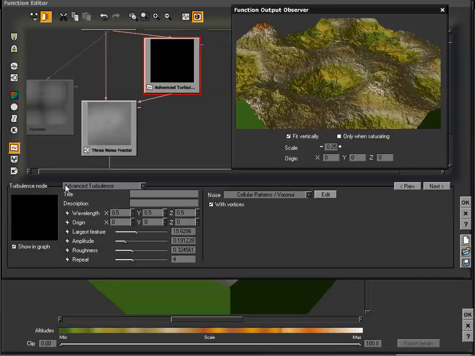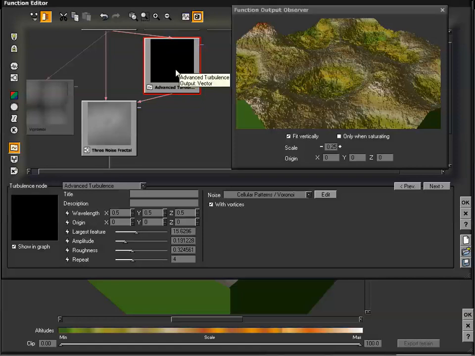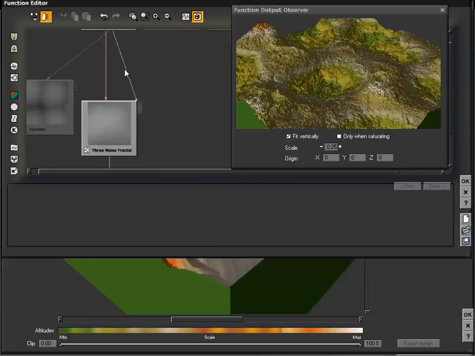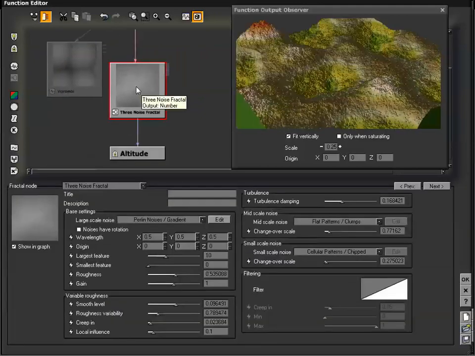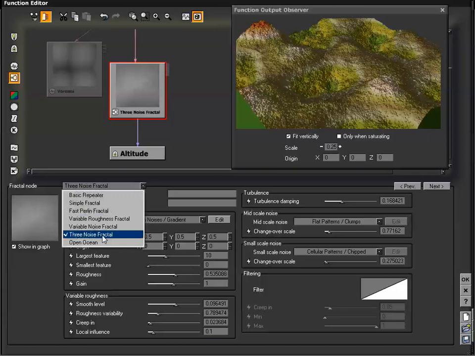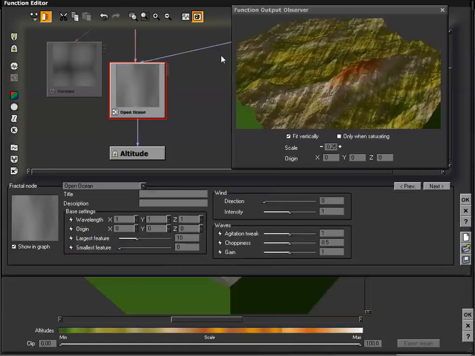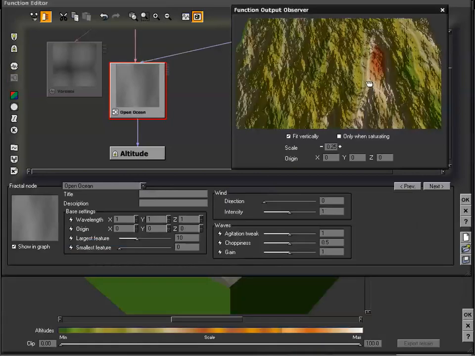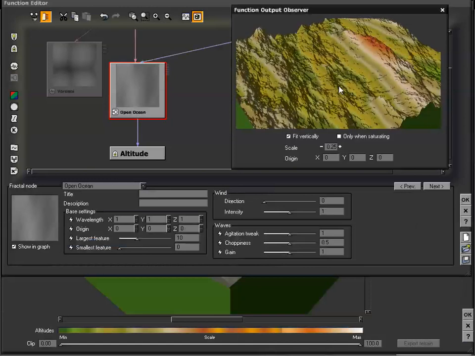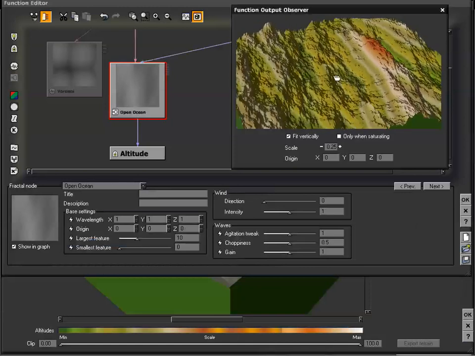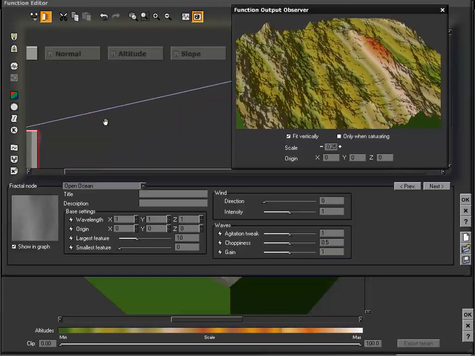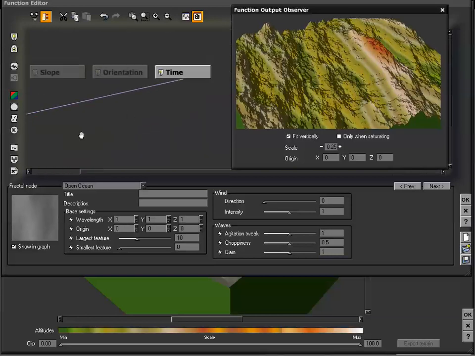So let's take a look at our last option. I'm going to delete our turbulence node that we just added, also our connector. Go back to our 3-noise fractal and change it to Open Ocean. Open Ocean is a really cool fractal node which allows us to simulate ocean waves by using a procedural terrain. As you can see, the connection is automatically connected to our time,